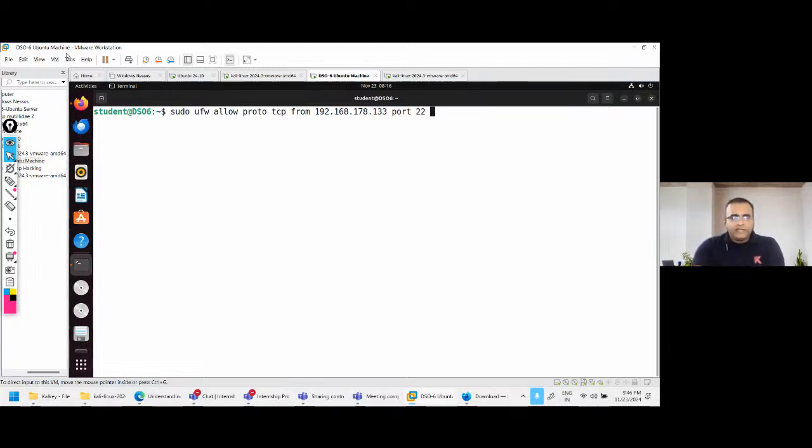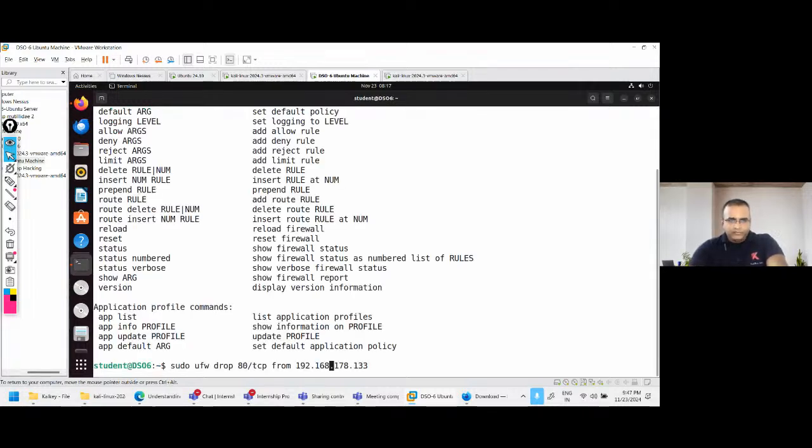Yeah, that is why here I'm specifying UFW allow. This is going to allow that particular thing. If it is a drop, it might prevent access to that particular thing. But when you're going that way, the priority of the rules has to match as well. For instance, if I say UFW drop TCP 80/TCP from 192.168.178.133, right? So this I'm not comfortable with. I think I'll come back to that later. So what is going to happen is that